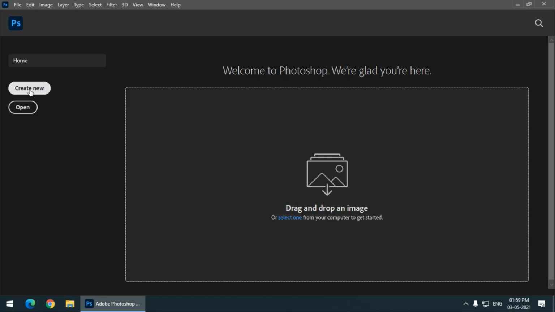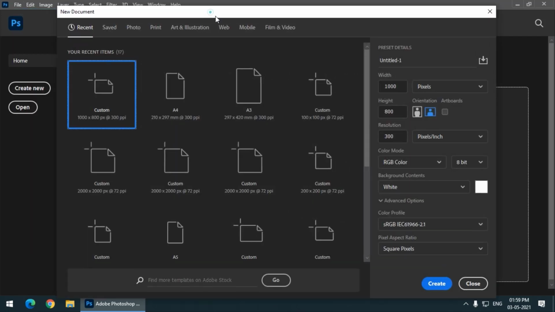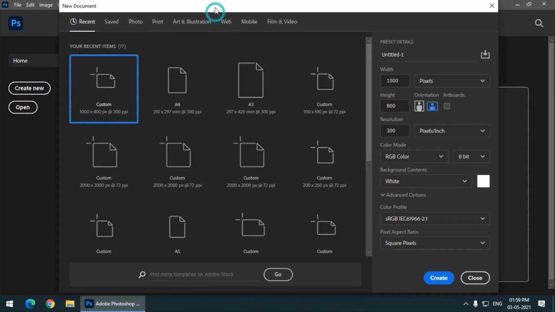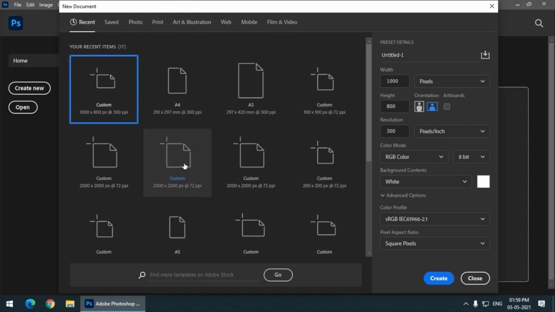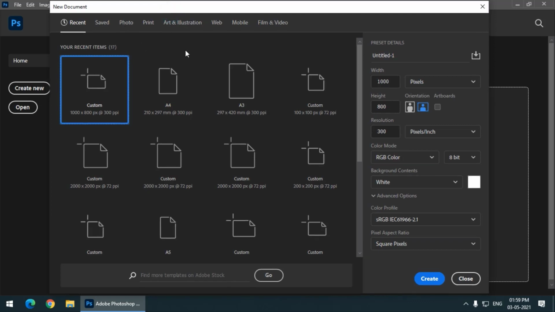Either I can go to create new, or simply go to new, or press Ctrl N, or if you are using Mac then Command N. Once I click on the new document tab, I will get these ready-made layouts, recents that I have used recently. And if I want something else, then I can use presets.